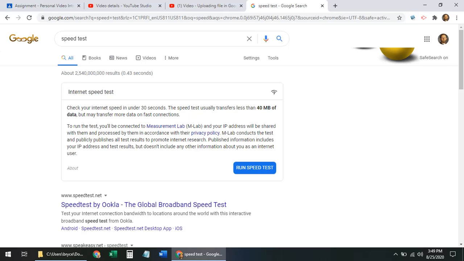So in this video we're going to be looking at how to actually record a video in the Screencastify program. You're going to be using this for one or a few of your assignments depending on which of my classes you're in. So if you bring up a Google browser, you should be able to see in the upper right